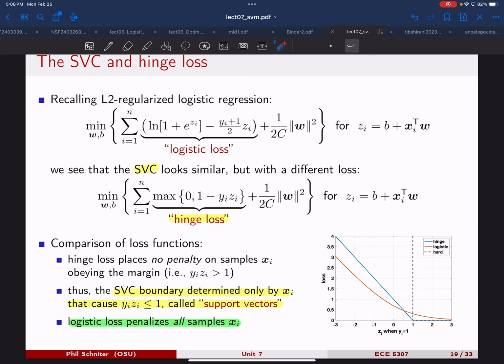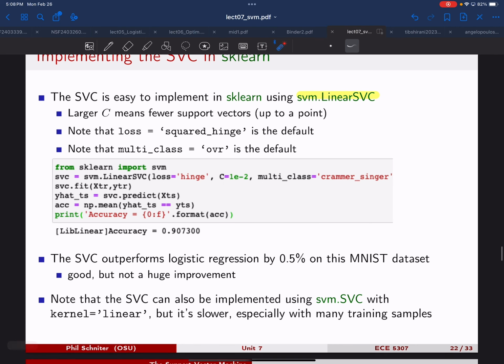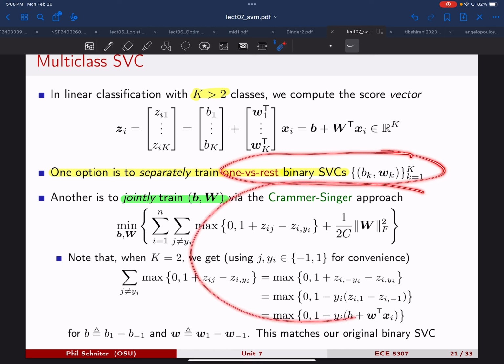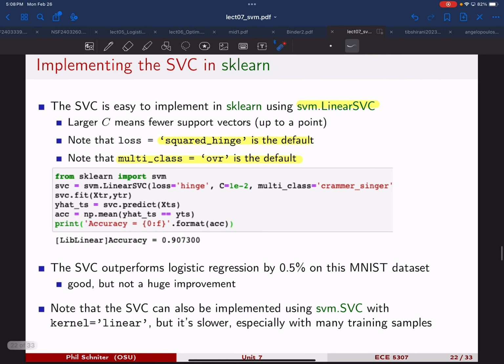So if you don't want that to be the default, you have to specifically tell it to use the hinge loss instead of the squared hinge loss. So that's what I'm doing here. Also, not surprisingly, for the multi-class option, you tell it whether you want to do the simple approach or this joint approach. By default, it does this one. This is simpler, it's faster. So that's the default. In this case, we're going to tell it to do Kramer-Singer because it works a little better. And when we run this on our MNIST dataset, we get